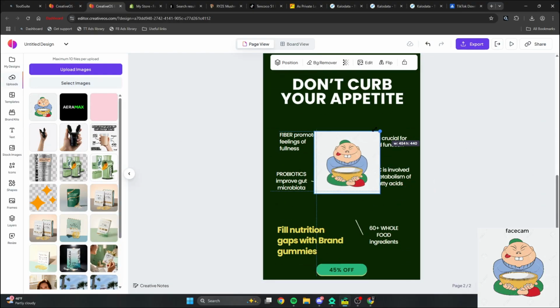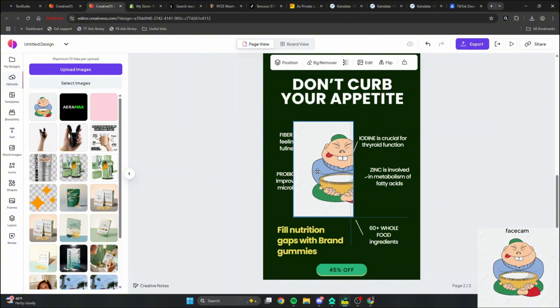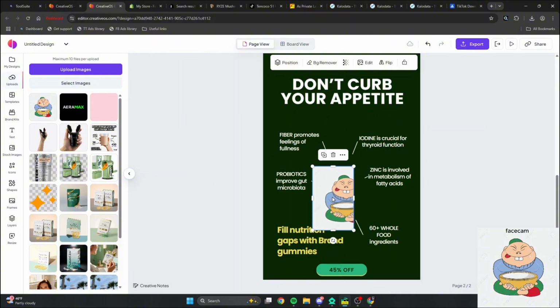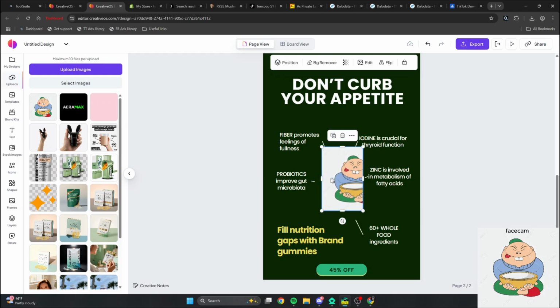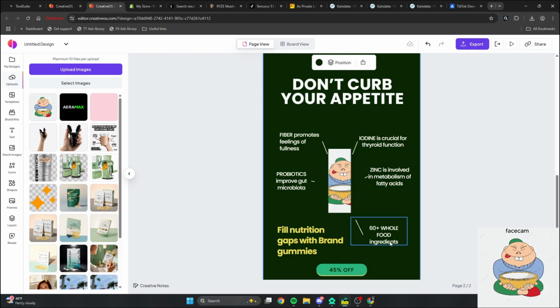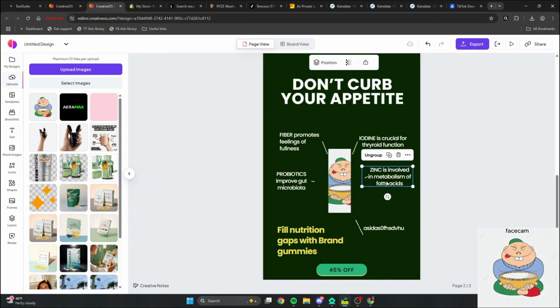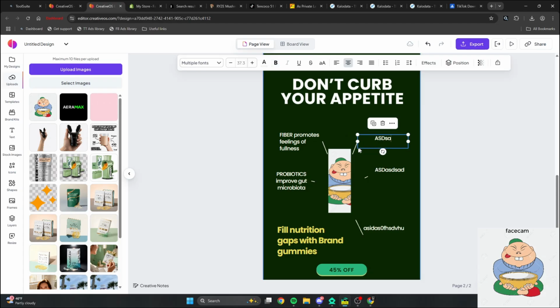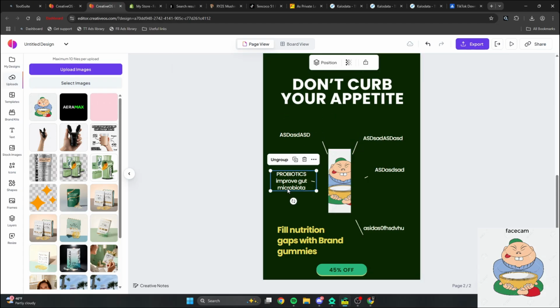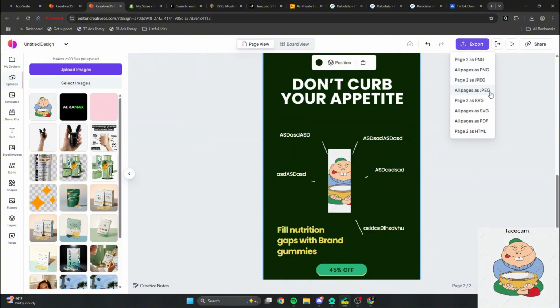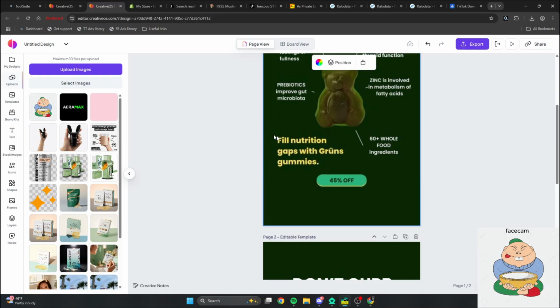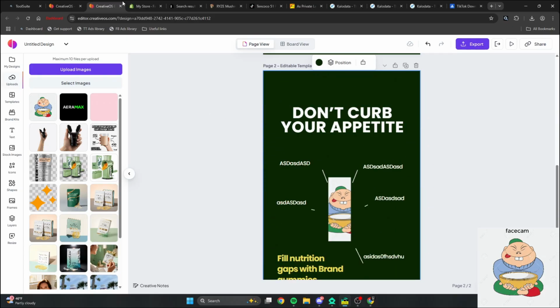Let's say Nano Banana made this beautiful nail polish thing, and I'm going to have this here, and this is a perfectly good static image ad for you. You're going to have to do this all yourself, but generally that's what I do. Type in whatever matches your product. You can ask ChatGPT to do this as well. Boom, boom, boom. Now that you have this ad done, you're going to click export, and page 2 is a JPEG. I know that was really rushed, but the main thing is you want to have static image ads